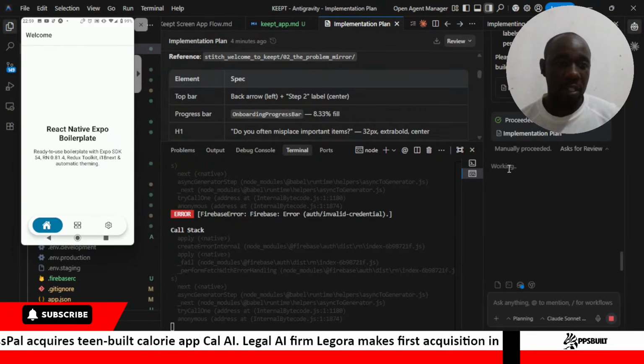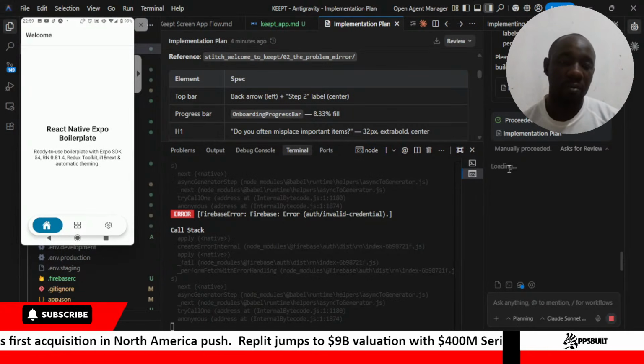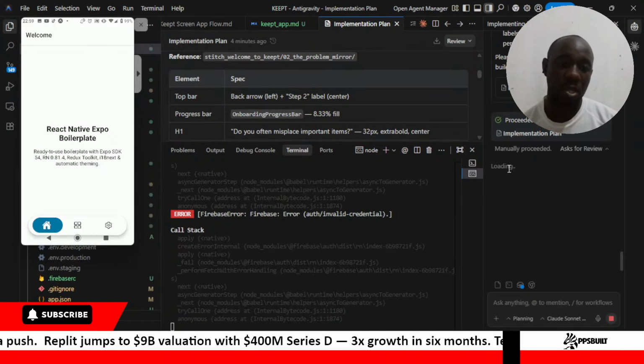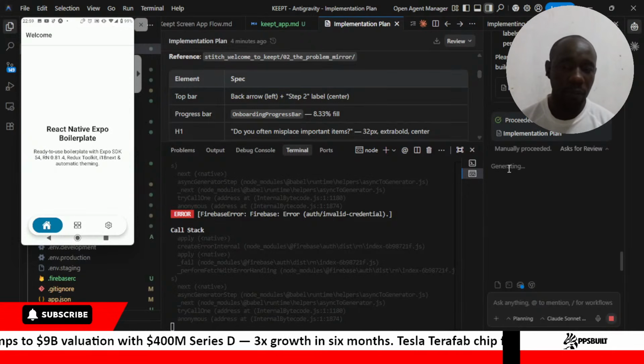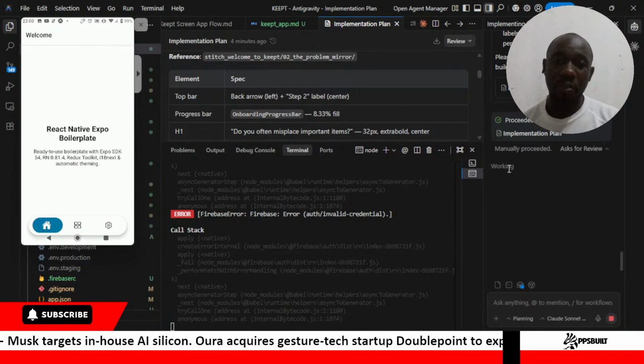So it's a React Native app, and we are using the 54 Expo SDK, and I think it's quite great. But what we wanted to first of all lay out is a boilerplate that could allow us to execute most of the elements. And for this boilerplate, we built it from scratch still using this IDE, which is Google Anti-Gravity, but we wanted various elements that we could have, and then from this it becomes very easy.